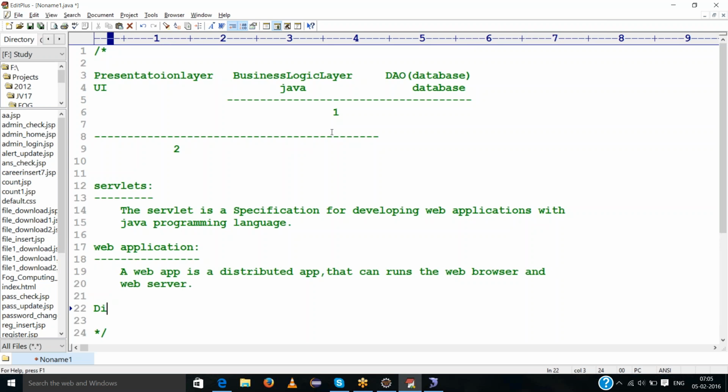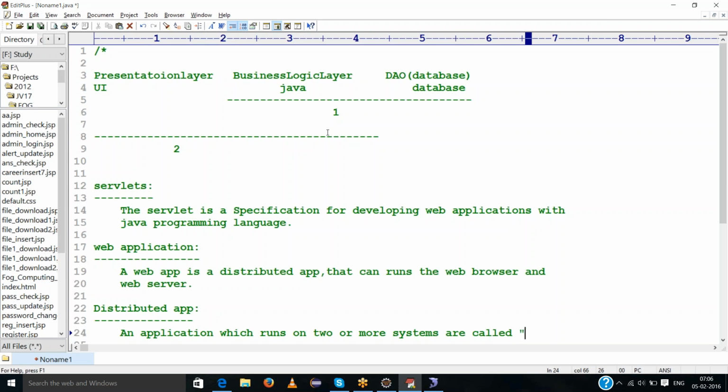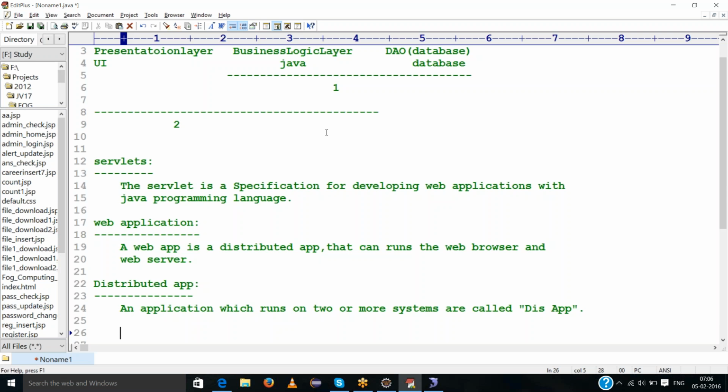And what is a distributed application? An application which runs on two or more systems is called a distributed application.